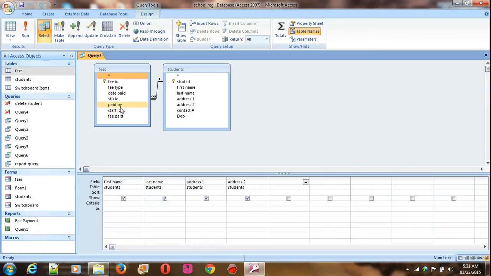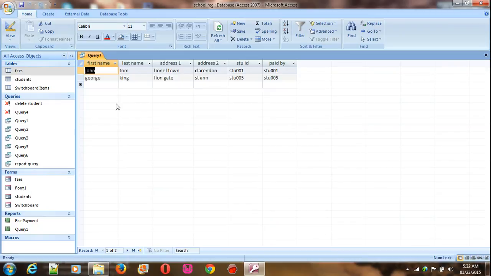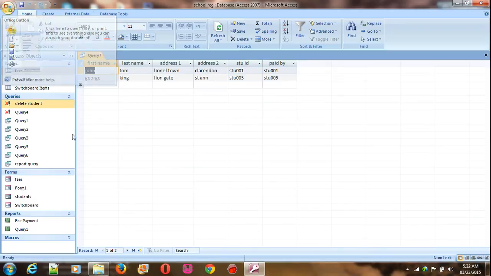now I'm going to put date here. I'm going to put student ID and paid by. Alright, so we have the address fields, the names of the students, the name of the student whose fee was paid and who actually paid those fees. I'm now going to run that query, and we have two students who made a payment. Okay, no problem. So what I'm going to do now is to save this query,